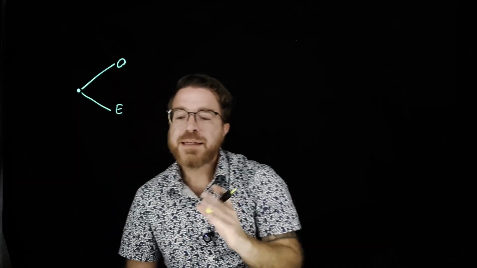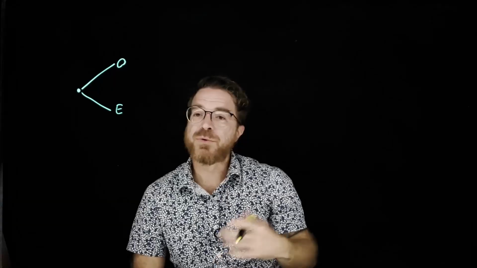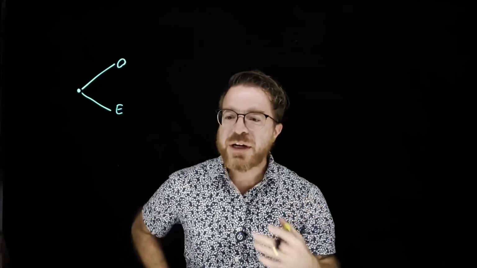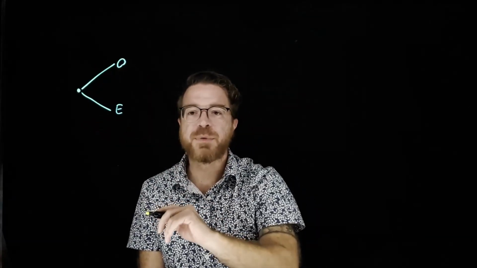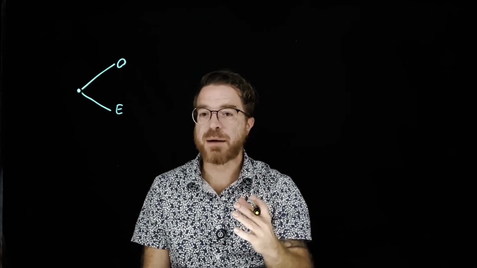All I'm interested in is the outcome: odd, or is it even? And then it says, after this, I'm going to flip a coin. If an odd number turns up, I'm going to flip a weighted coin. So first things first, let's actually get our probabilities here, because we want a probability tree diagram, not just a